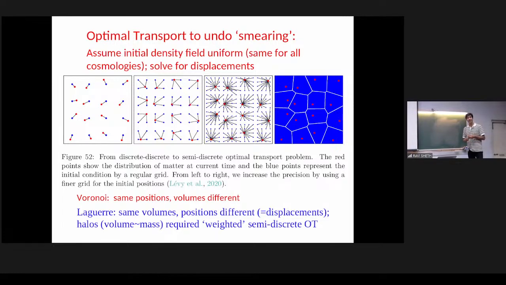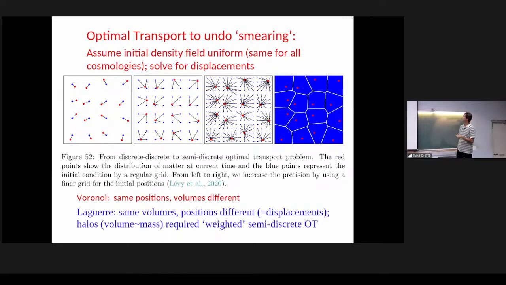The initial conditions say that my initial volumes were all the same because it was a uniform distribution initially, that everyone was the same density, all the particles have the same mass, so all the volumes must have been the same initially. And that means that I have to move my cells around so that I can fit everyone to have the same volume. So I can start with the Voronoi tessellation. Then I can start saying I want to make the small cells bigger and the big cells smaller. I have to move the centers around. At the end of the day, I end up with something that is called a Laguerre diagram,